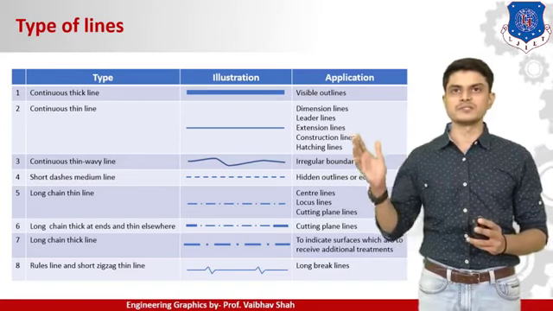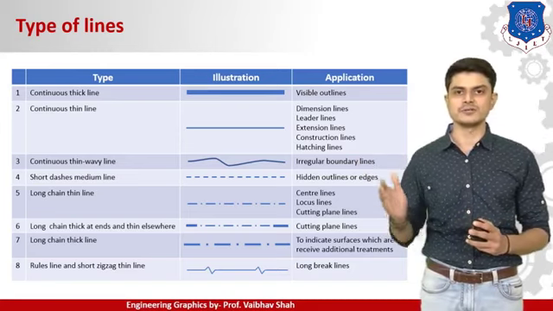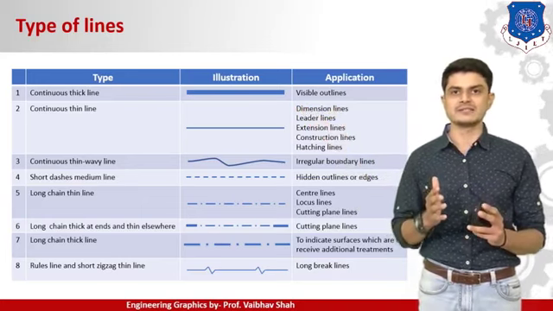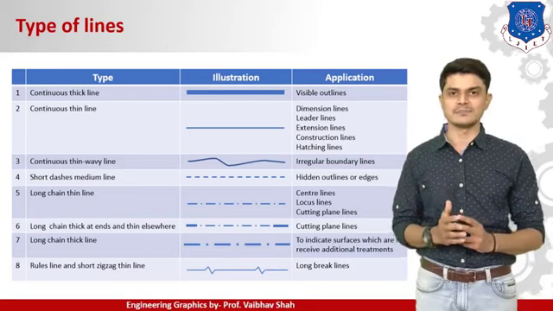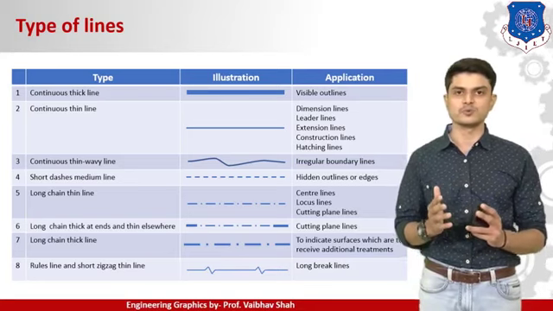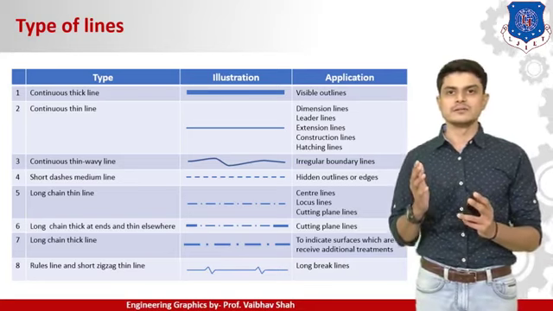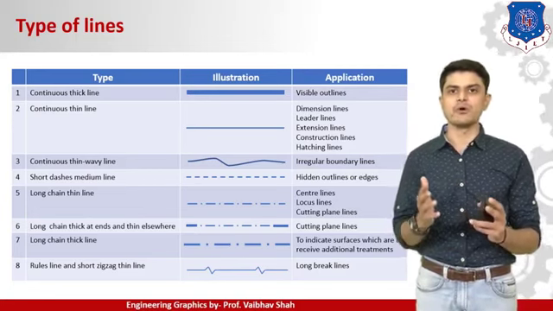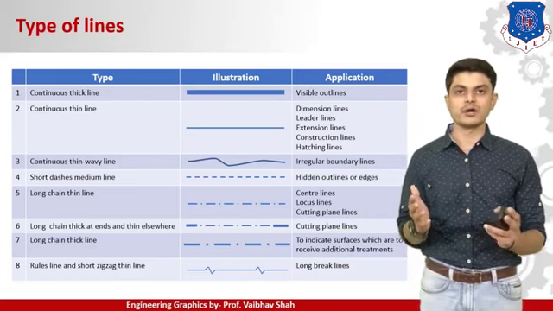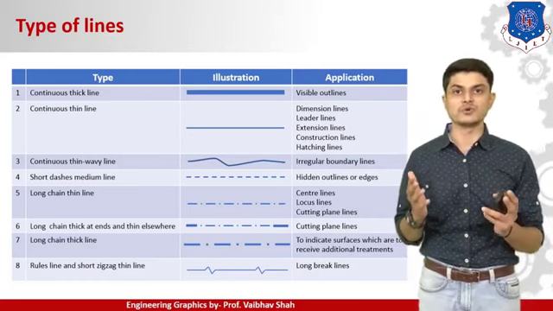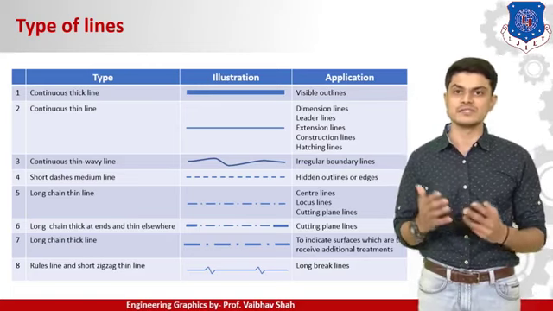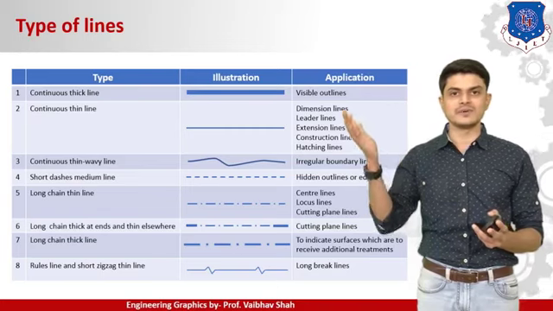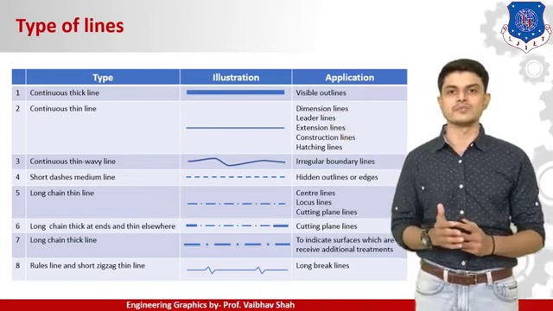First, the continuous thick line. The illustration is like this. We will have a thick line. The usage of this line is as a visible line. Let me give you one example. In our school days, we used to draw with a black sketch pen after the completion of the drawing, as a final border outline, right? So these are nothing but visible outlines. We needed to draw outlines at the end of each drawing in our school days. Here we are drawing the same outlines with the visible thick line. These are nothing but your visible outlines.